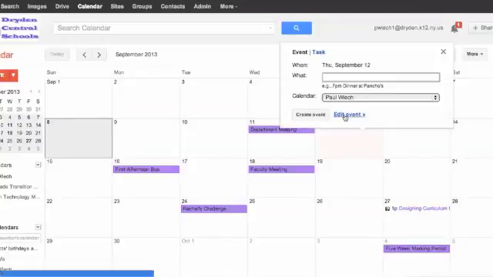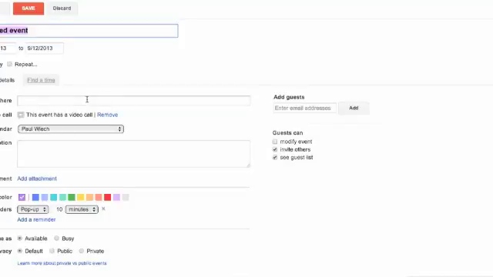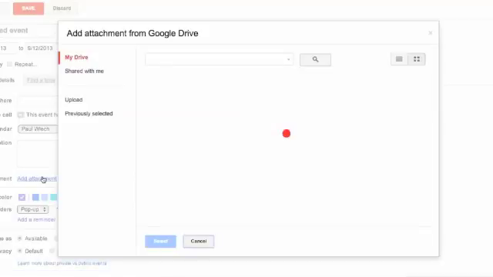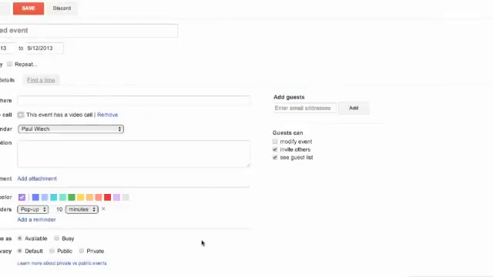when you set up an event, you can edit your event. In here, if you put a location of where it's going to be, your guests will actually have a map that pops up. You can change the color. You can add an attachment. So for me, if I was going to choose an attachment that's in my Google Drive, it would automatically share with everyone. So if I wanted them to read or I wanted to share something before the meeting, they could